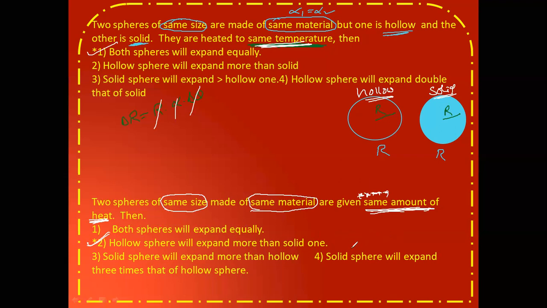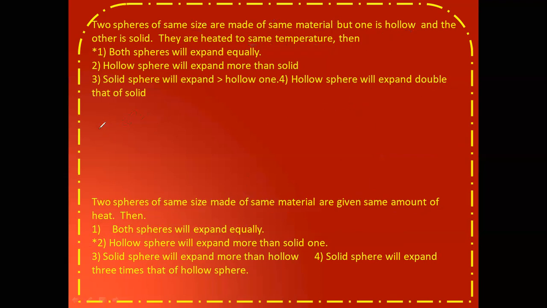And one problem I would like to share at this point only. Suppose I am taking a thin rod like this, and a thick rod like this. Both are having the same length only, thin rod and thick rod. So this also has length L and this also has length L. But this radius is R1 and this radius is R2.